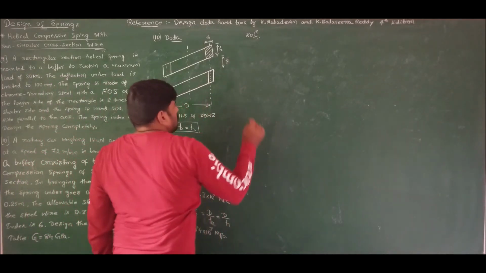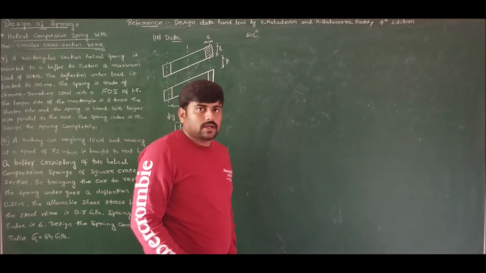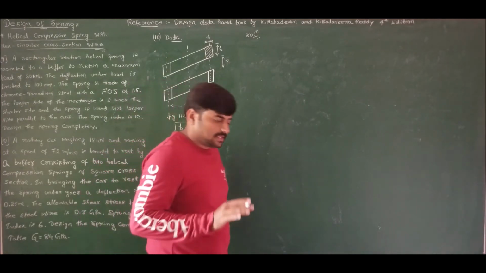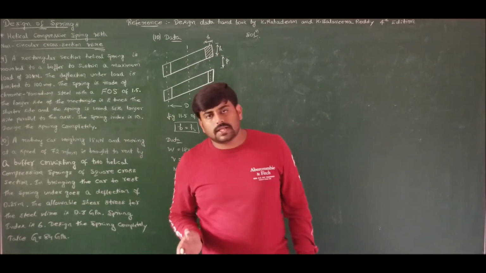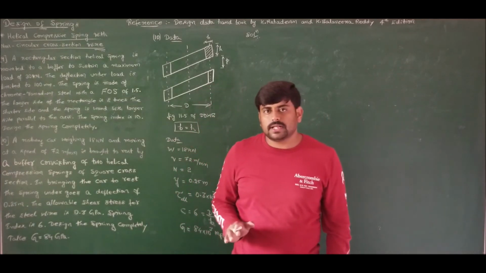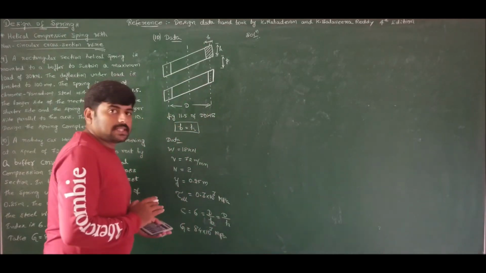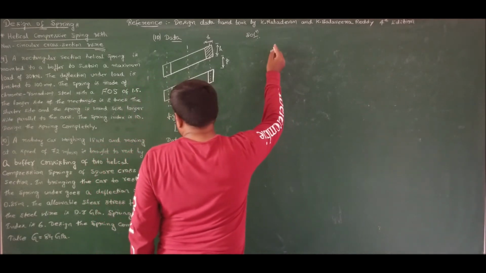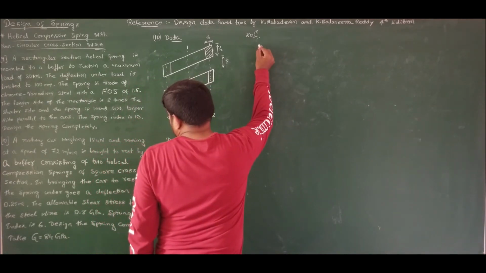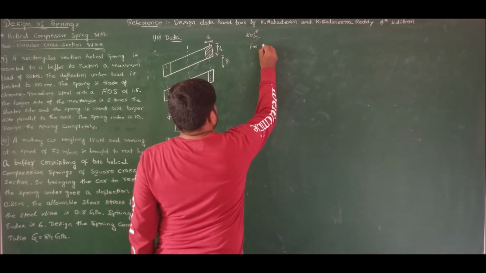Let us solve this problem. We already solved this type of problem for circular cross section wire. The procedure remains same. Only difference is the expression for tau allowable and the maximum deflection differs. Apart from that, all the procedure remains same. Since we have already solved this type of problems in our previous lecture, let me solve this problem directly without any extra explanations. That is, for equilibrium, we already know that